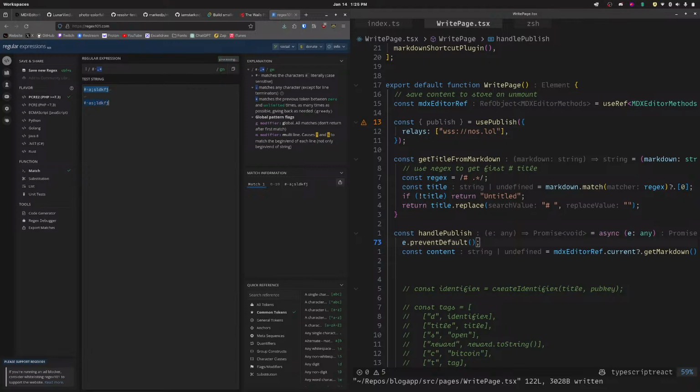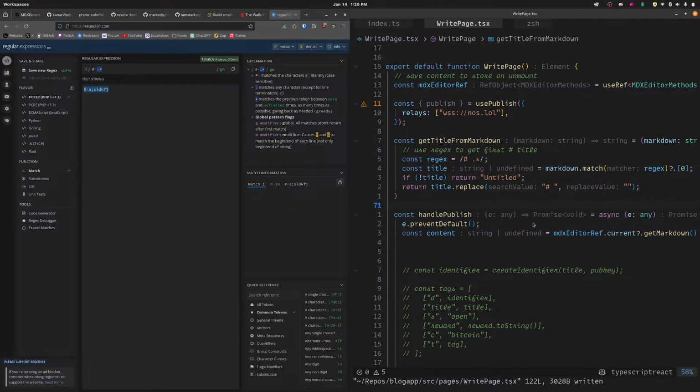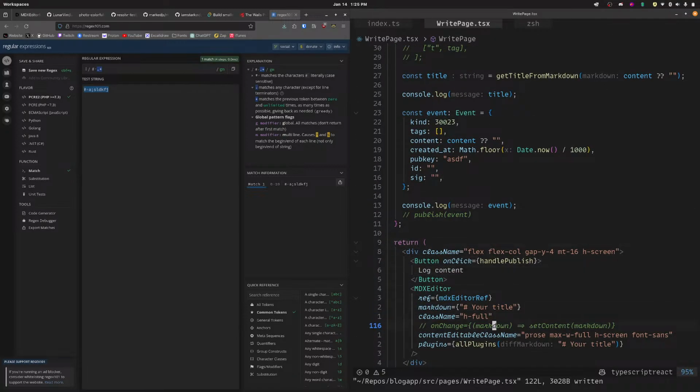What if I do that? Two matches. That's no bueno. And then what if I take out the hashtag and I put the hashtag here? No, that's fine, it seems. See, that's good. Now if I do hashtag like this, it doesn't match. If I put the space, it matches. Now, the question is, if I come over here and I say that, you know, your title,